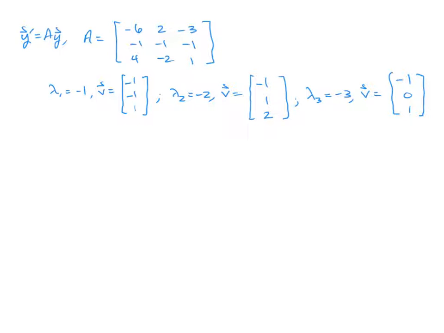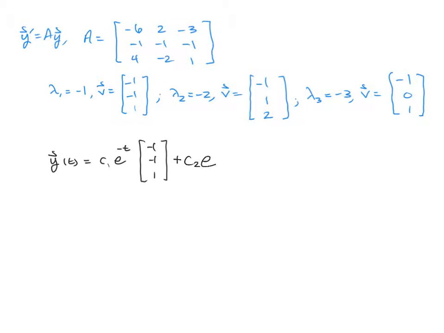Okay, so for the last part of this problem, we need to go through and build our three solutions for our 3x3 linear system and compose a general solution. So our y of t, as you remember from before, is going to have three arbitrary constants. It's going to have a c1 e to the negative t times the eigenvector -1, -1, plus a second arbitrary